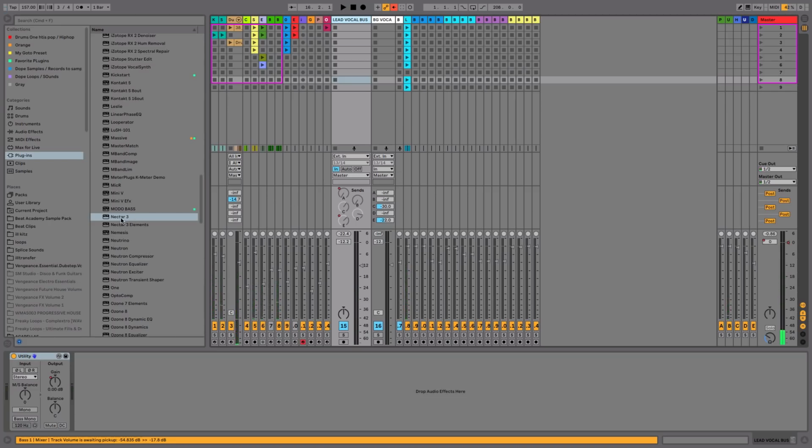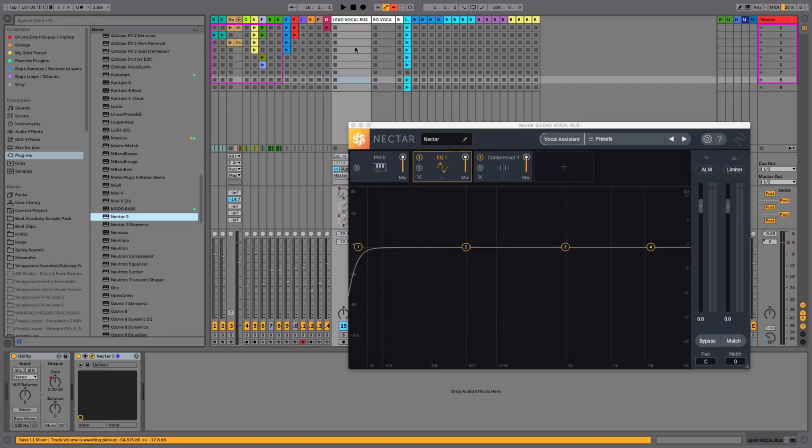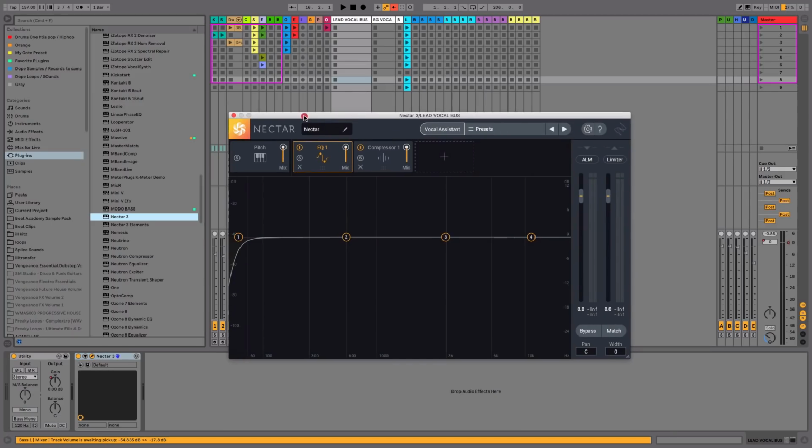So I'm going to head over to my plugins folder, grab Nectar 3, drag and drop that into the lead vocal bus. So right from the get-go, we notice that it is newly designed. If you've ever used any of the Nectar products before, this is an all-new layout in line with all the other things that they've been releasing, such as Ozone 8, and along with that, they've implemented a lot of the